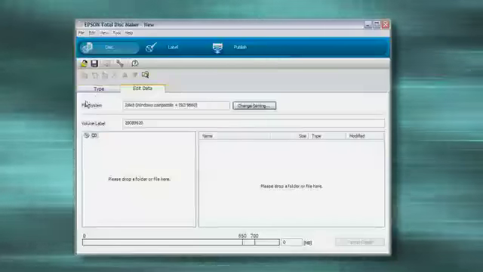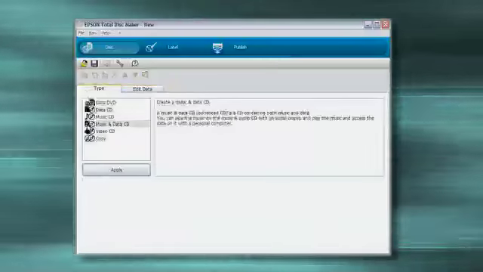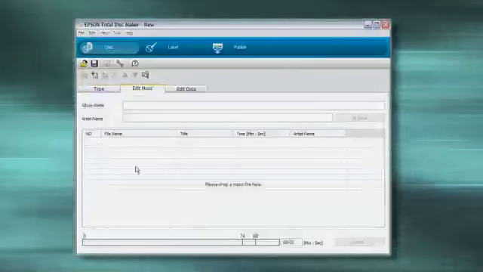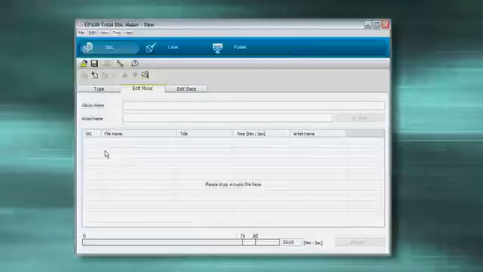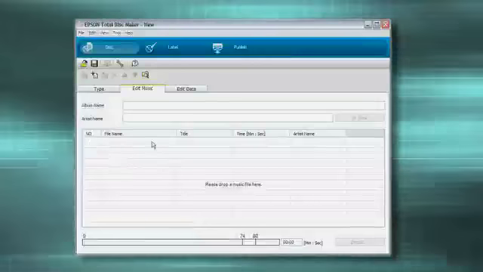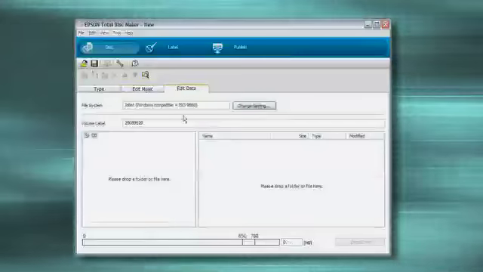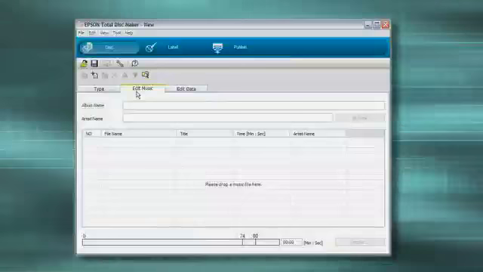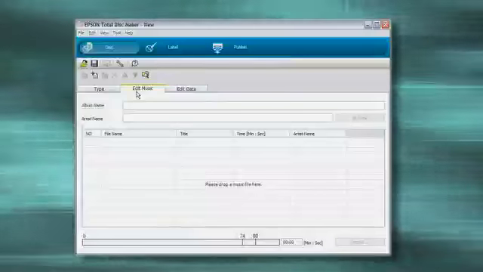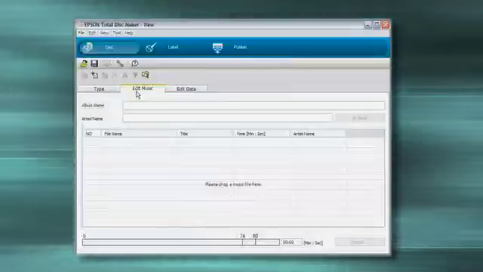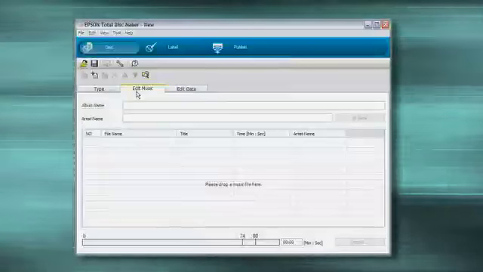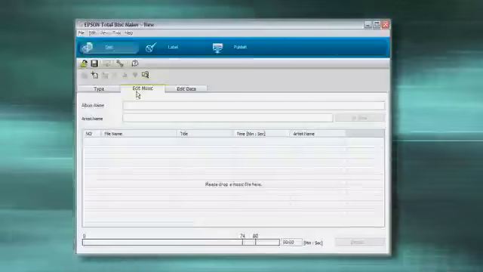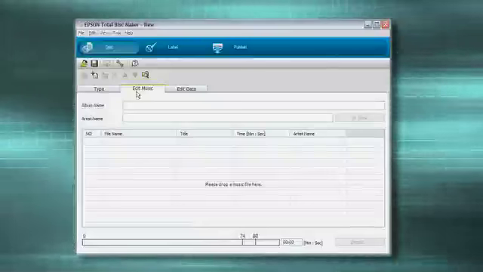So let's go back to type here, and then let's take a look at another one, Music and Data CD. What's nice about this is you can just drag and drop your music, and you can name it, and number it, and title it, and type those in, and then you can take your data and do the same thing here. Now the thing to keep in mind with this particular setting is that if you pick music and data, you have to have music and data. But if you only have one, the DiscProducer will say that the job is not complete and just print. So if you're going to select this one, it's important that you make sure that you put both music and